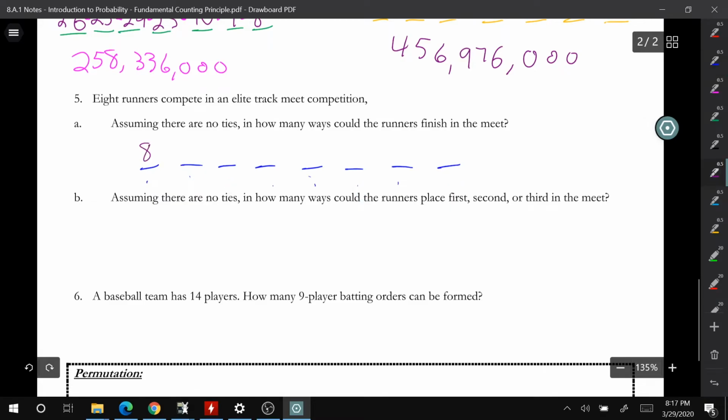8 people could finish first. We have 8 people running. Any one of them could finish in first place. Well, the next one, the person who finished first cannot also finish second. So there's only 7 people who could